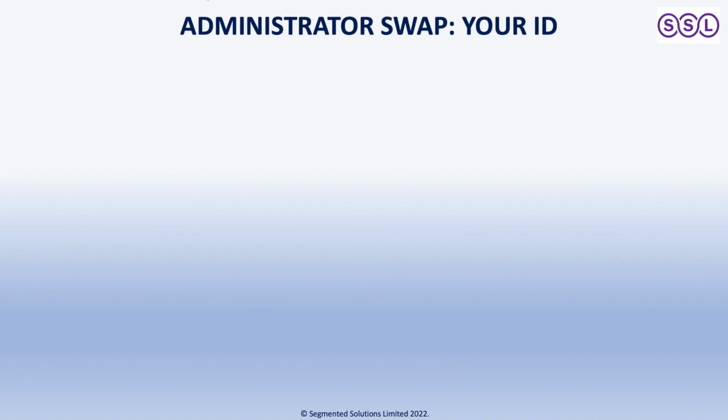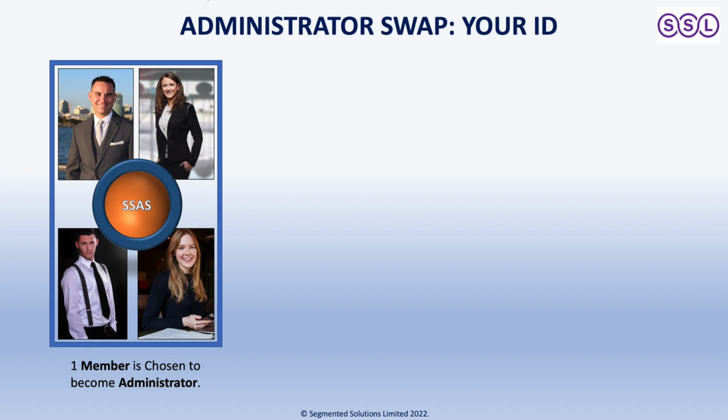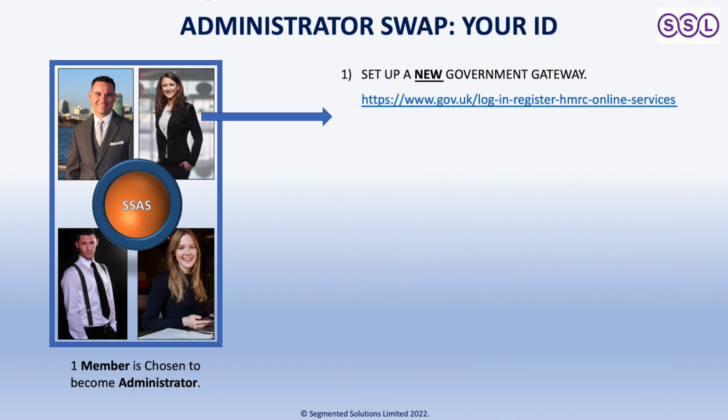So the first part of getting an administrator swapped over is for the individual to be selected. So somebody from the scheme will be chosen, and in this case I'm going to choose Mrs. Client. And Mrs. Client will need to set up a brand new government gateway, not linked with any other business or existing gateways. So it's important you start looking at this link on a clean browser with your cache removed so you don't end up accidentally logging into some other